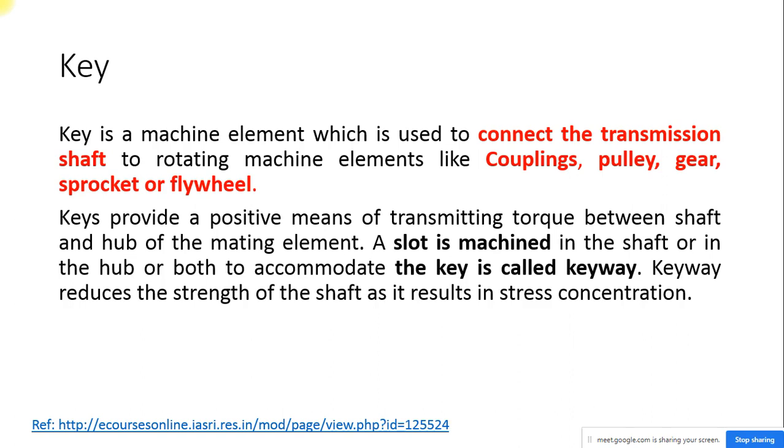I hope you understood. So a shaft is rotating, and I connect that shaft to a machine element. When connecting, the fit plays a vital role here. What type of fit? The shaft and the machine element should be what type of fit? The shaft has to be a transition fit to the machine element, and then I have to use a key in order to make sure that the shaft is tightly fitted with the machine element.